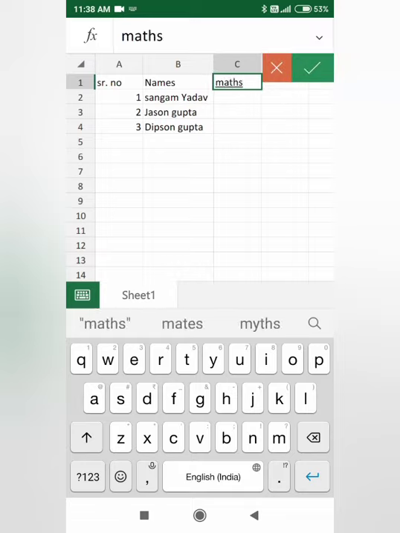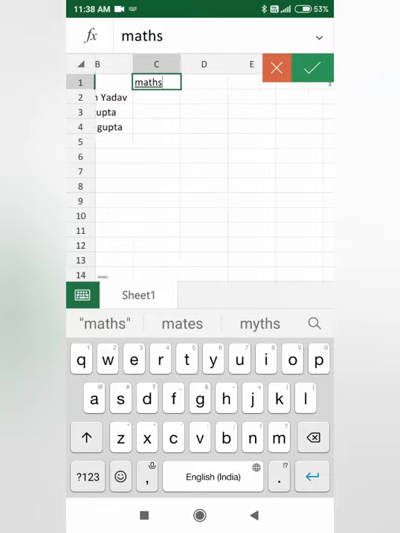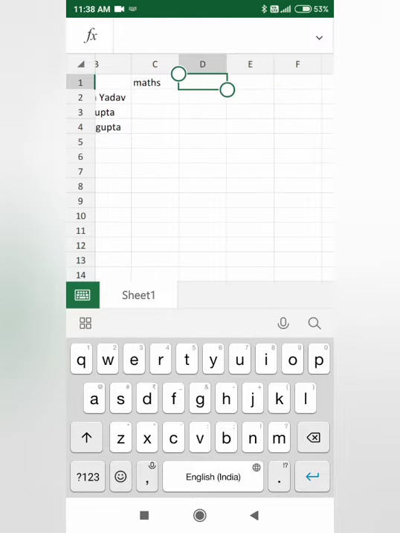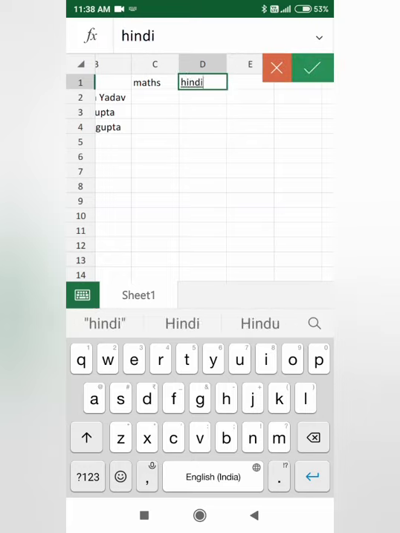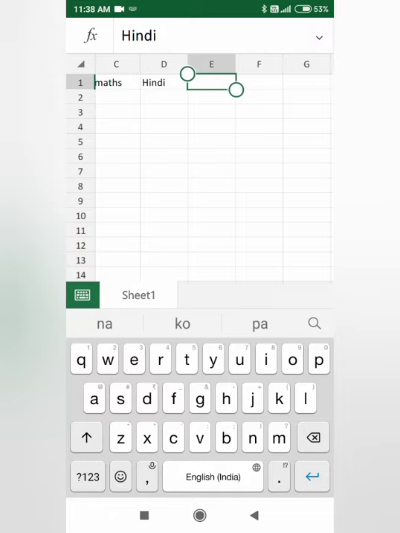Which subjects do you want in the mark sheet? Those subjects. First Maths, second Hindi, and third language we will take English.